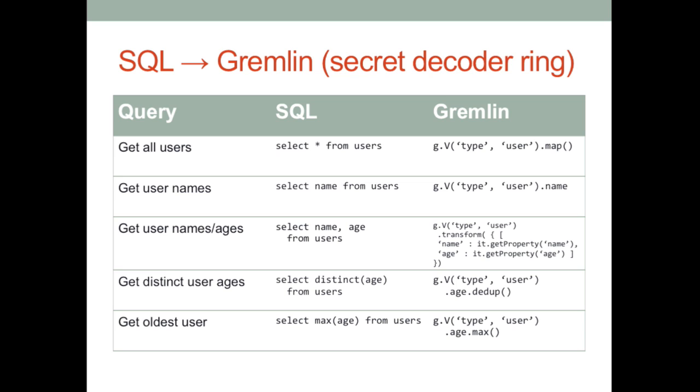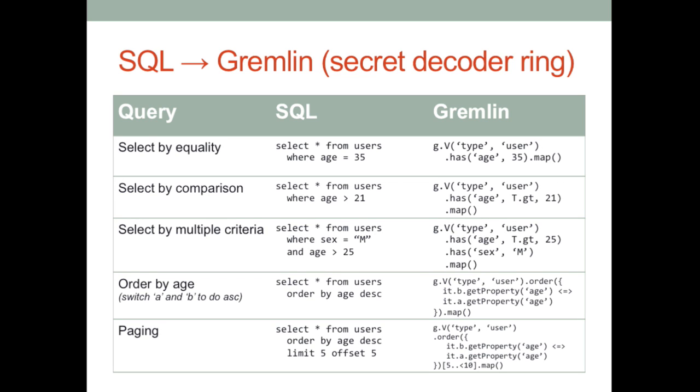I think he's asking you, does G.V on, say, the top row return a set of vertices that equal all users? Yeah, and it's interesting, there's a distinction between G dot capital V and G dot lowercase v with the Gremlin query language. G dot capital V says all the vertices, here's the criteria that I'm going to give you. G dot lowercase v is I want this particular vertex, and then start from there. Is there a G dot E? Yes, there is, and a G dot lowercase e.